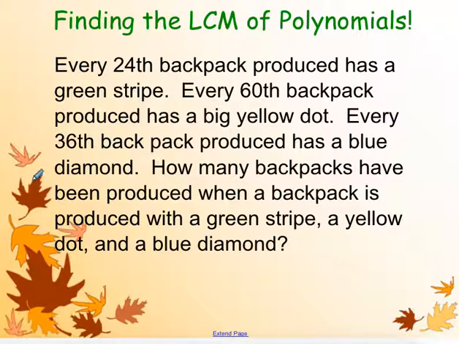And here's one last one that you can try. Every 24th backpack produced a green stripe, every 60th a big yellow dot, and every